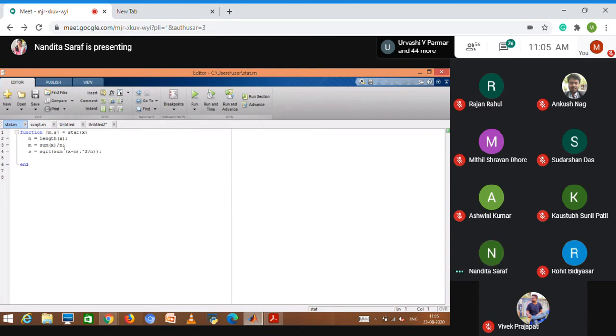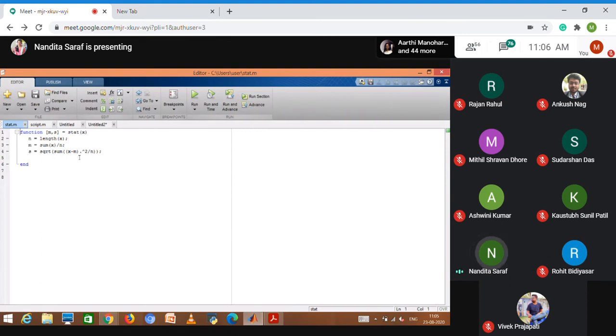Okay, s, another output argument. The equation for it is square root of sum of (x minus m) dot 2 divided by n, whatever is the equation. I've used dot here.